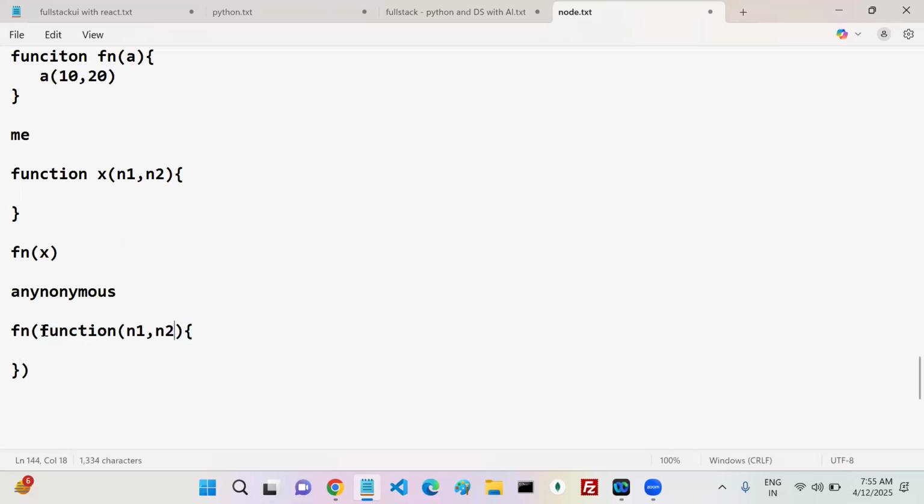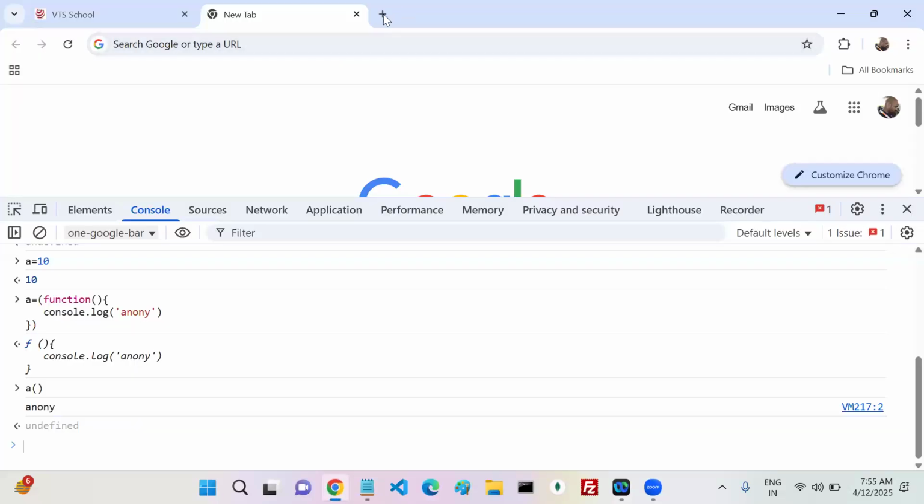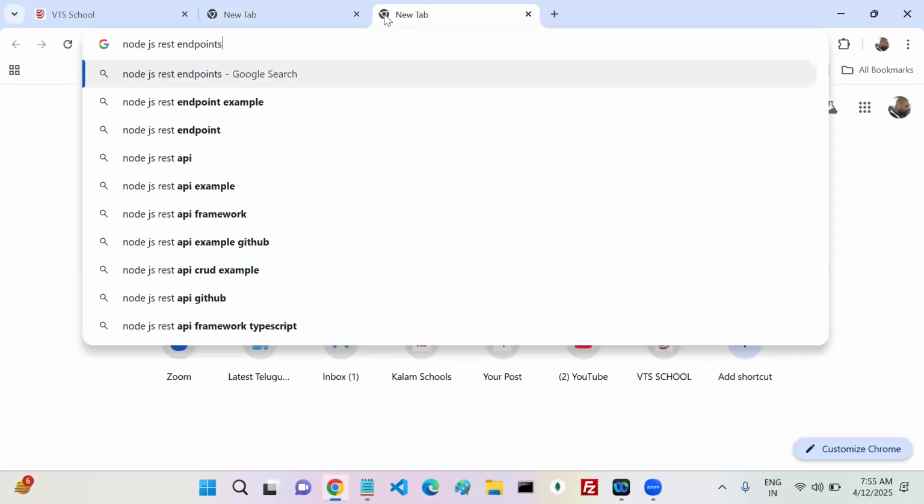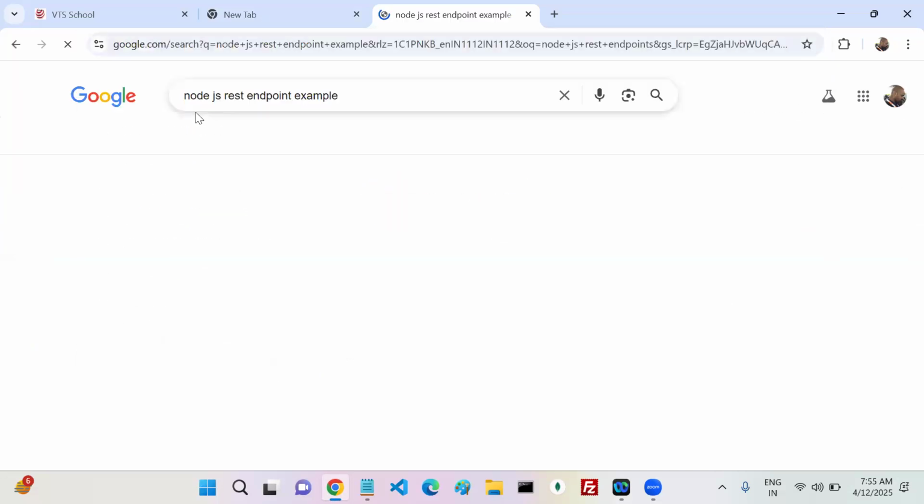Now let me show you a code snippet in Node.js, a REST endpoint example.